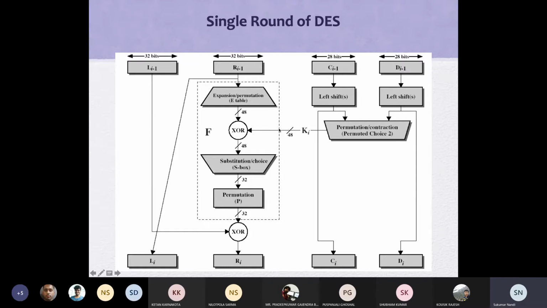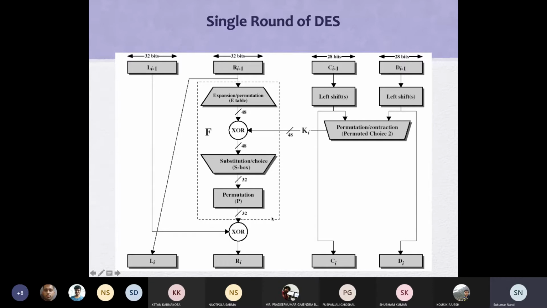As I mentioned in the last class, this F function is nonlinear. In the case of nonlinear functions, we cannot get inverses easily. But these nonlinear functions help here as a random number generator. And as I mentioned, this F function can be replaced by any F function, including a secure hash algorithm, where the input is 32-bit and 48-bit and the output is 32-bit, because this is basically XORing with the left half